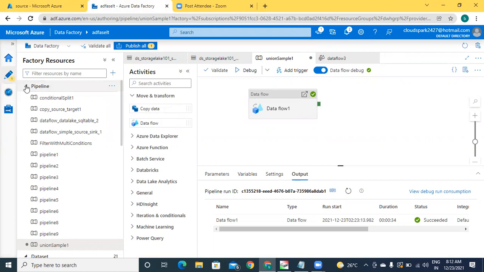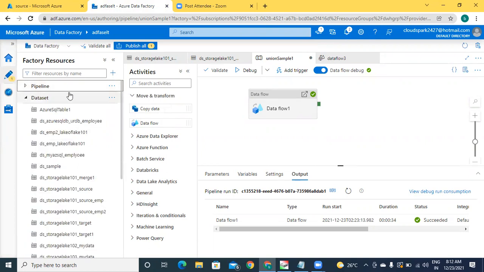It's pipeline. We want data sets. Please check here. This is the data set for the first file. And this is data set for the second file. Okay. Both are in same container. So these two files I want to merge.